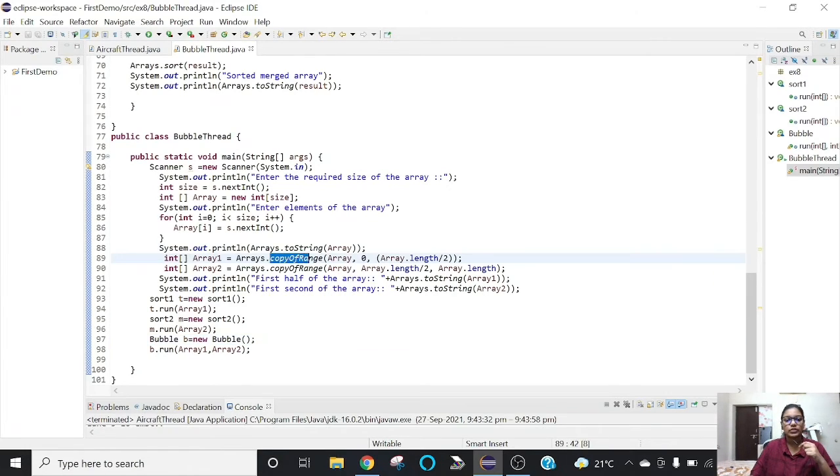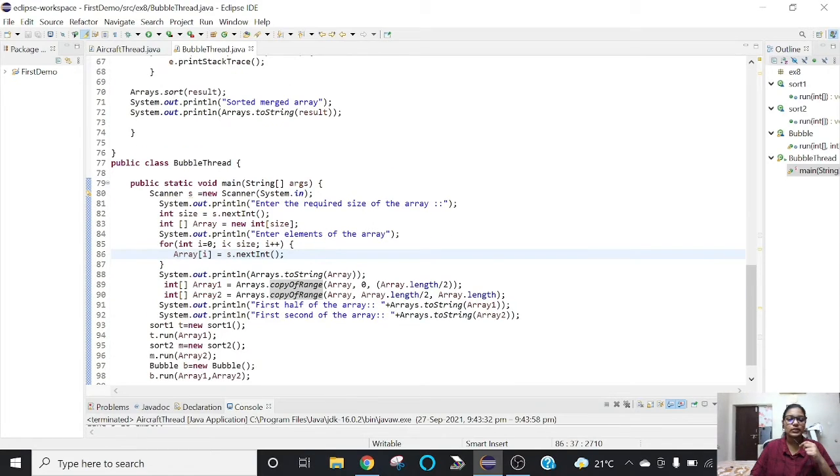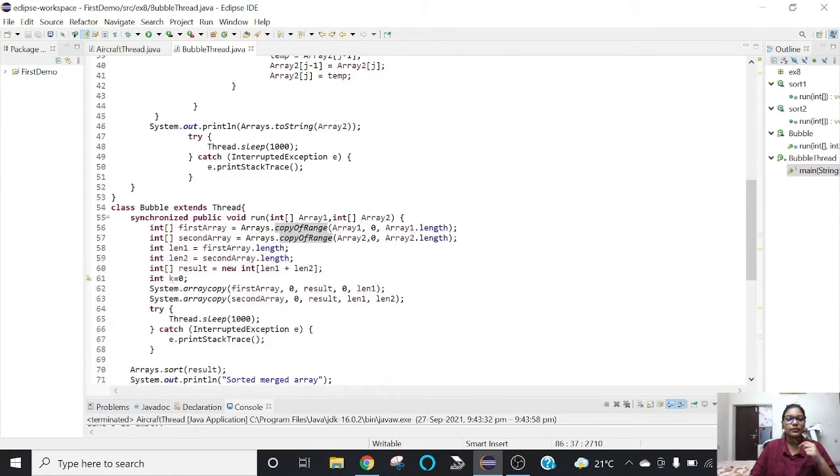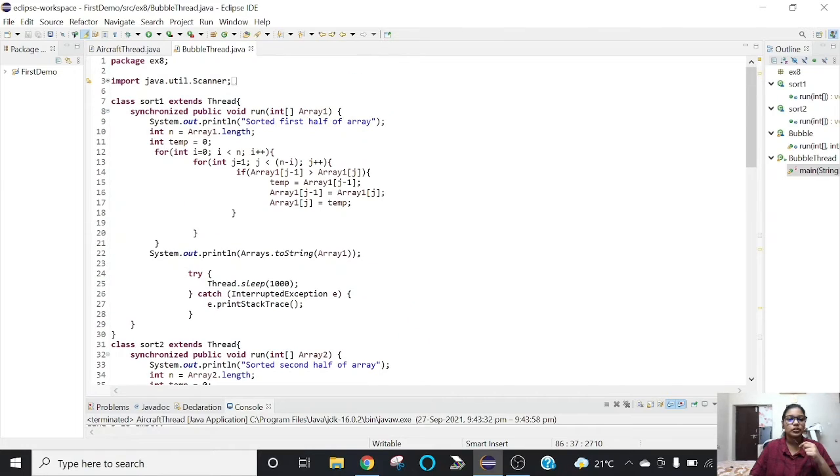copyOfRange function, I have converted this particular array into two subarrays, so that the array which is taken from the user will be split into two subarrays. It is going to print the first half of the array and the second half of the array, which are not sorted. So using these two subarrays, I have created two threads, in which the first thread